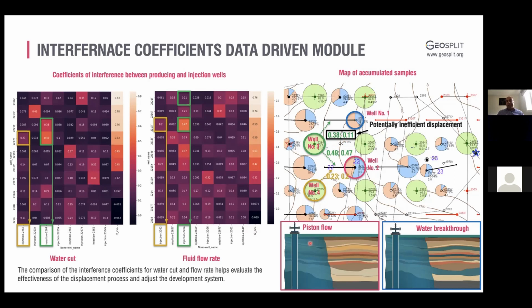What we would ideally want to have is a typical piston flow where the waterfront is pushing the oil towards the producers with almost 100% efficiency. And what we were trying to avoid is obviously the water breakthrough. Again, such modules are just complementary to the existing